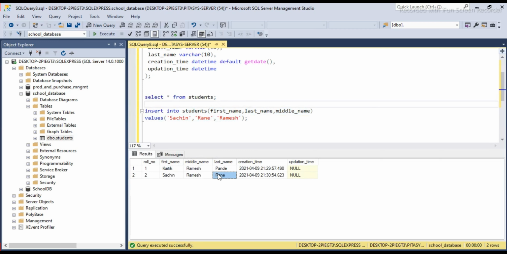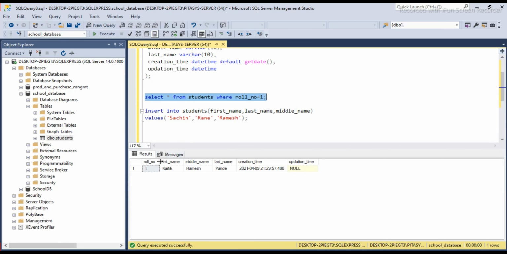Two records are there. Now suppose we have to see specific user data using the select command. Then we have to specify a primary key or any unique data that will identify a specific user. Suppose we are searching for a user having roll number equal to 1.